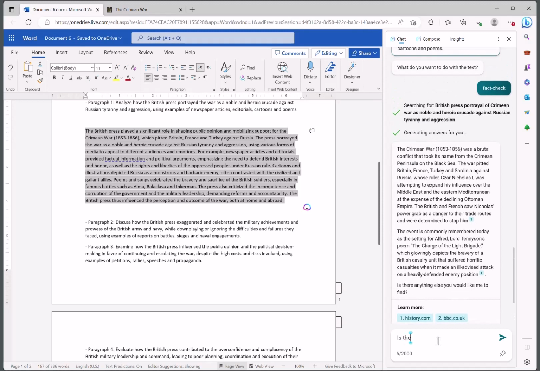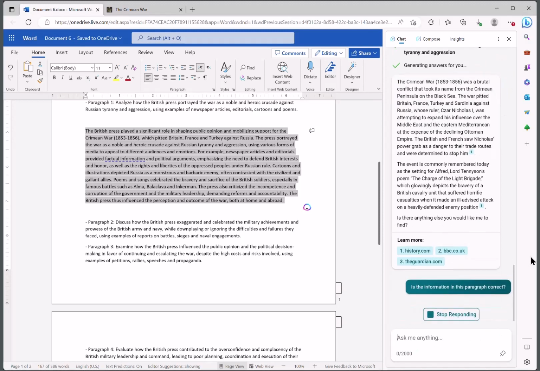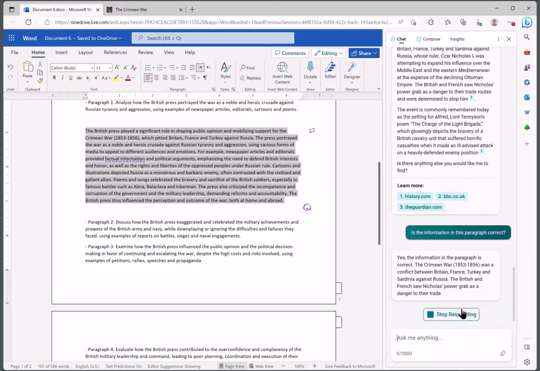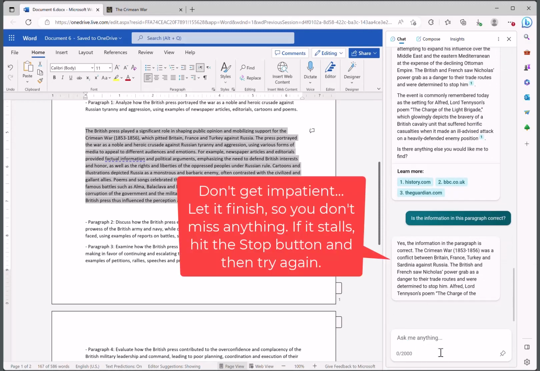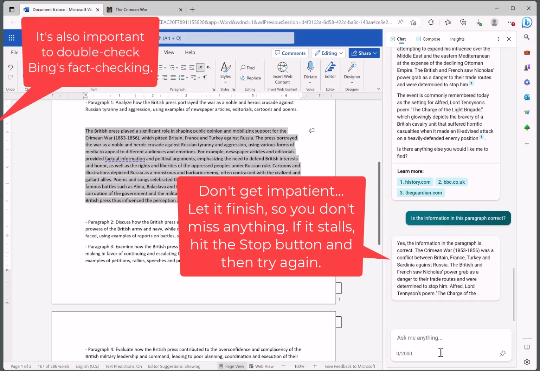I'm not sure what it did there. It seemed to just rewrite what it said before. So I'm asking it to please confirm that the information is correct. It really is like talking to a small child sometimes. You have to be patient, but that's true of any research task.